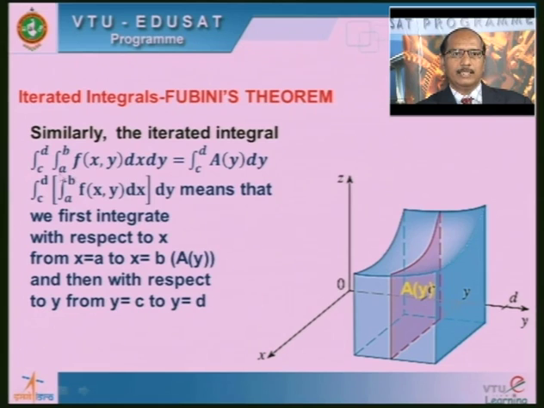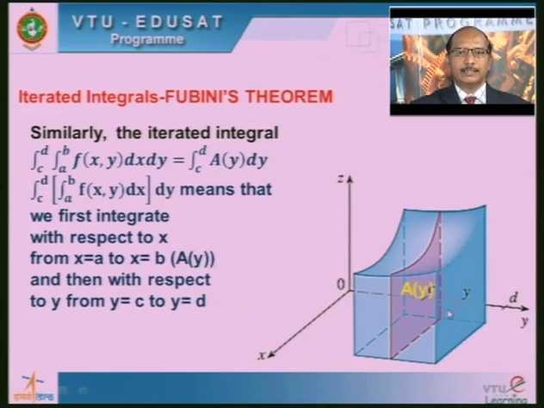Here the inner integral is integrated with respect to x from a to b, that becomes a function of y, which is denoted as A(y). You can see the picture also, A(y). So the x axis and y axis here. Here y is kept constant at some point, x varies from a to b, that gives the plane area under the curve C. C is on the surface here. How the surface is plotted, and that way the curve is drawn here. So y varies from c to